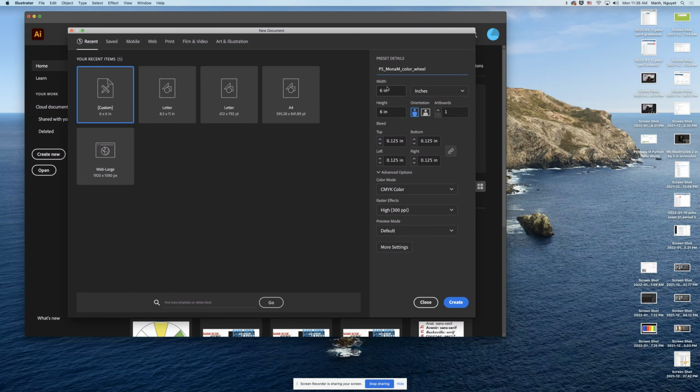Before you actually enter the measurement for width and height, you want to look at the option. You want to choose inches. It's very important that you have inches selected. And then under bleed,